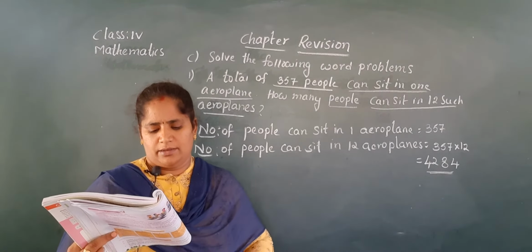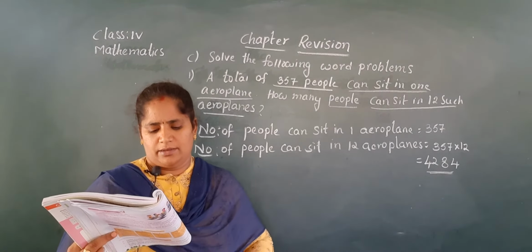Round off this number to the nearest 10,000s. So it becomes 1,20,000 nearly. And 1,20,000 in one town. How many people are there in 5 towns? 1,20,000 into 5. That means 5 2s are 10, 5 1s are 5. 6 lakhs, nearly 6 lakhs. How many people are there? 6 lakhs. So you have to do this in your mind first.